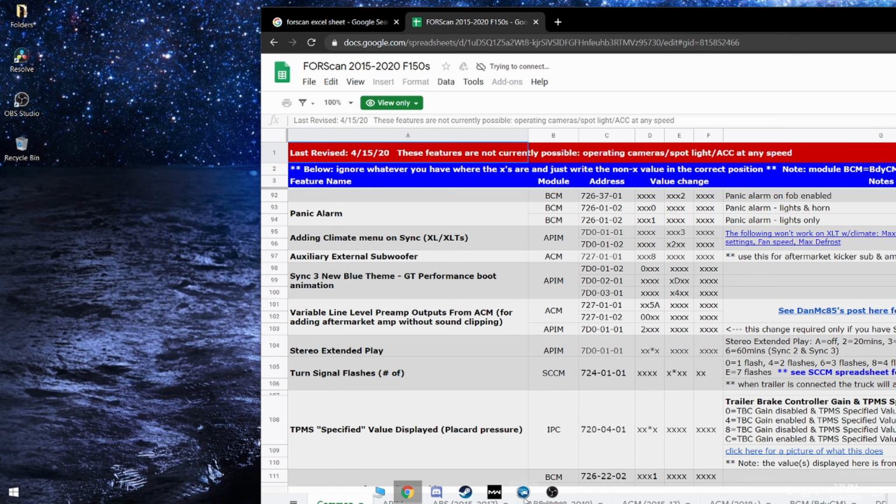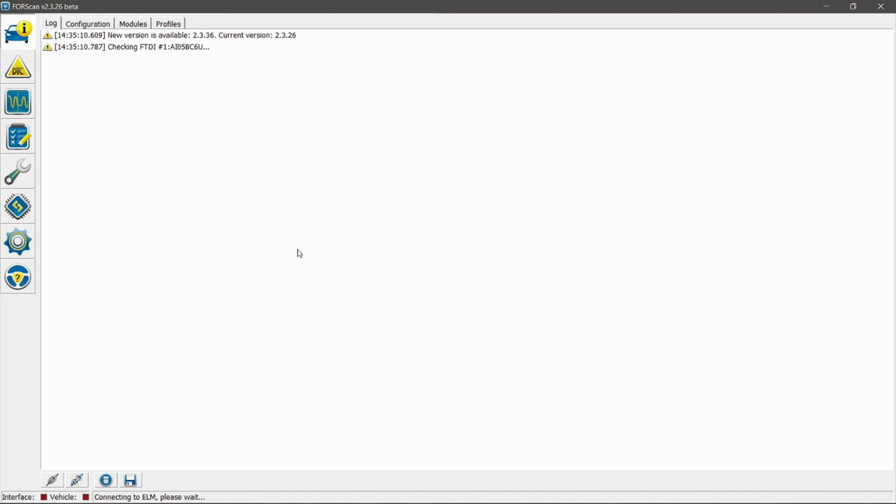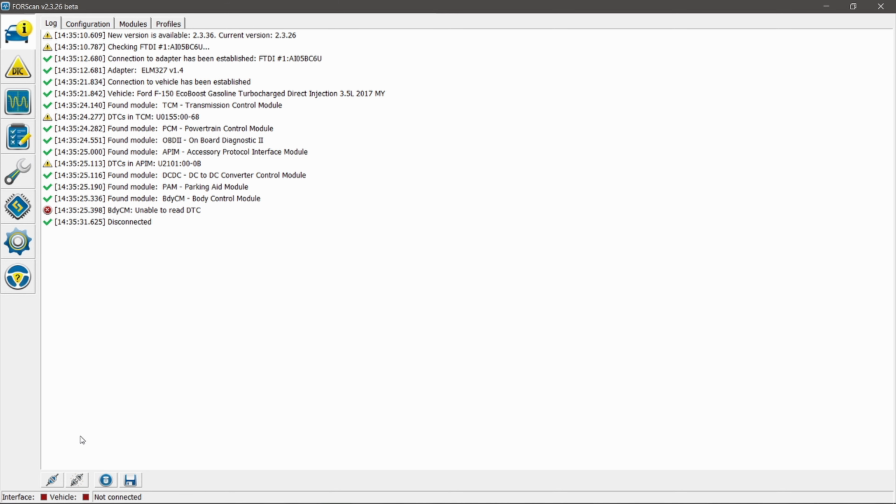All right, so now I'm at my truck and I got my laptop hooked up. I got the HS switch hooked up to my OBD, and I'm gonna pull up the Excel spreadsheet. I'm gonna pull up Forscan. So whenever you pull up Forscan, have your vehicle in accessory mode. When you pull it up, you're gonna be at the little vehicle with the eye icon,